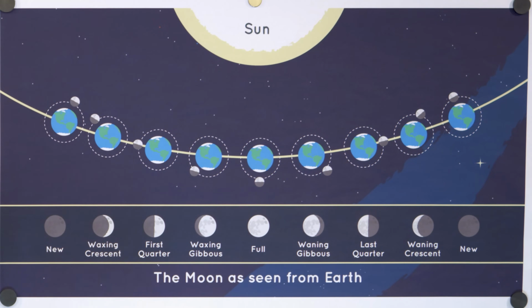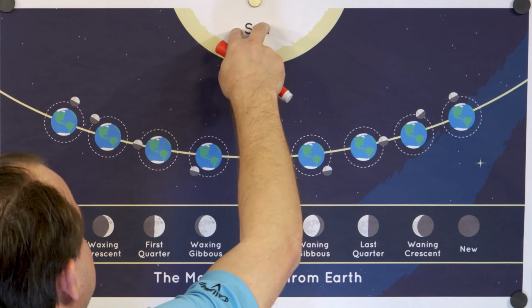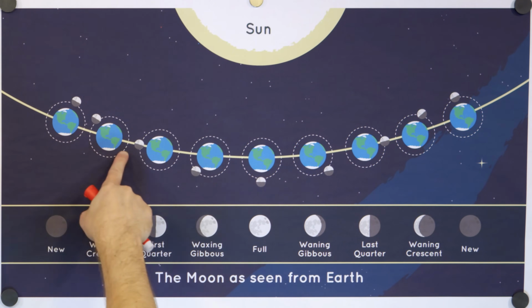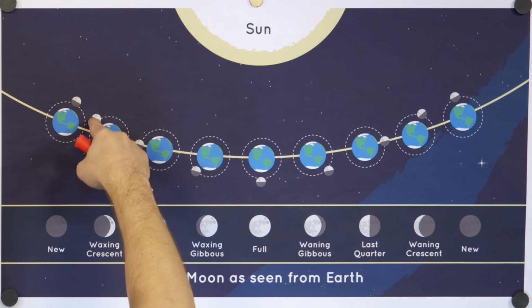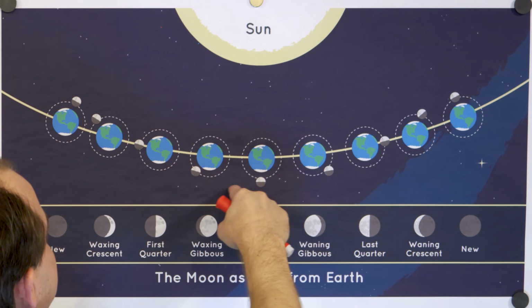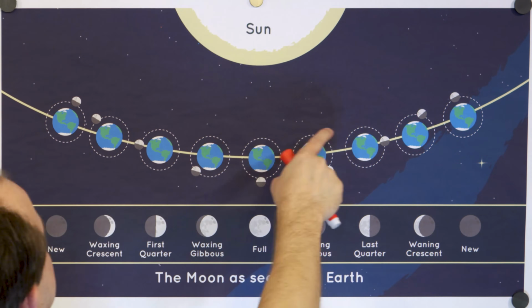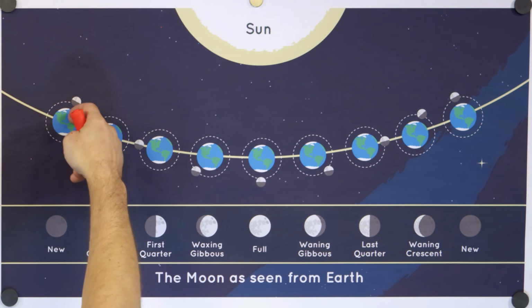So here we have a drawing where we have the sun here illuminating the Earth-Moon system, and we have different positions of the moon. The moon is going around the Earth. Notice that in every little frame here, the moon is a little bit farther around the Earth, and then it gets back to very close to its starting position. So essentially this is like a